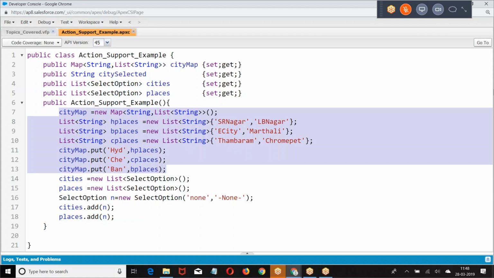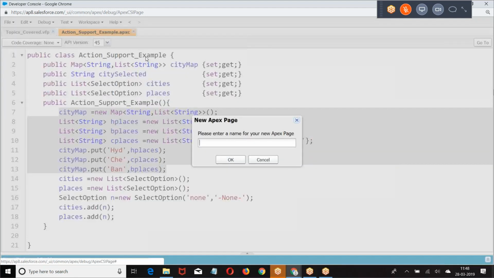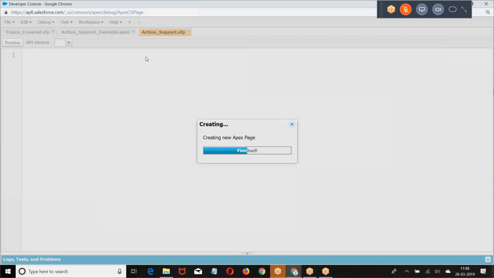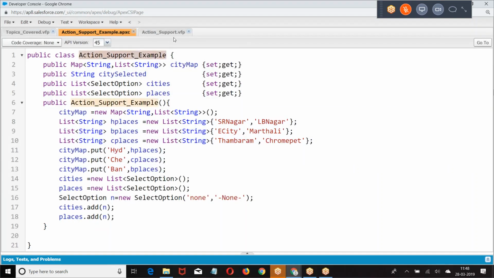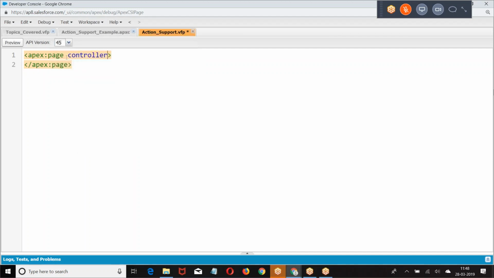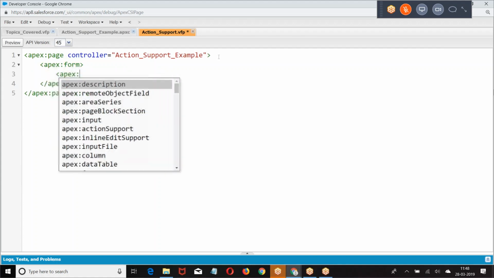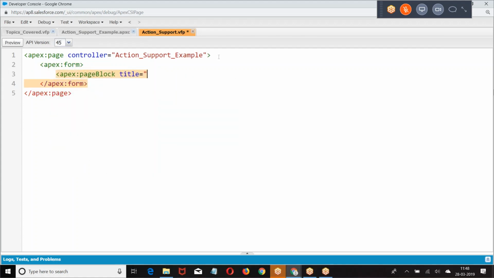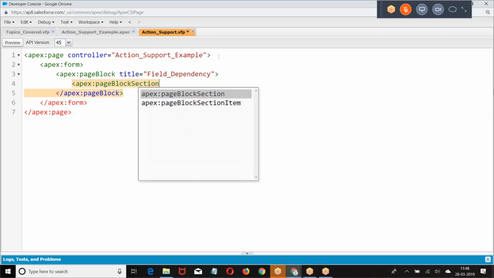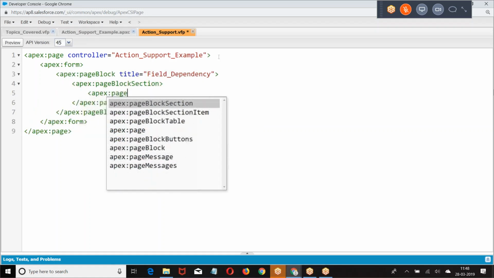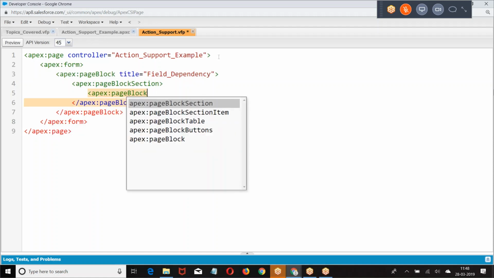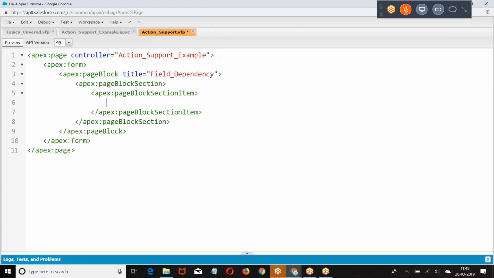Any query on this? Let me create a VF page here. Block section. Block section item.